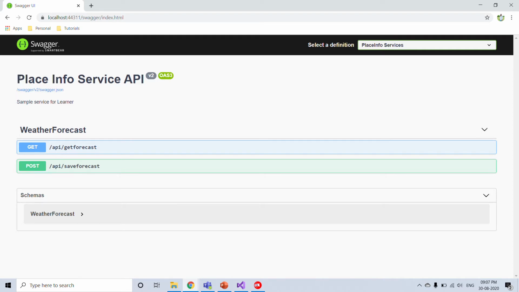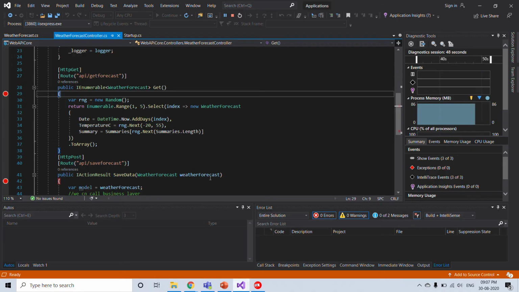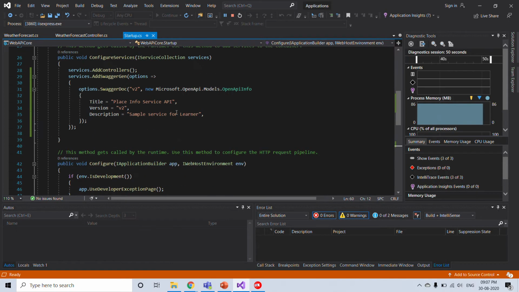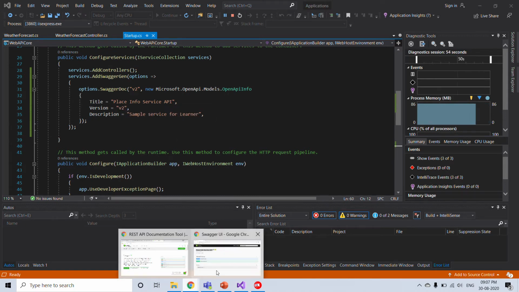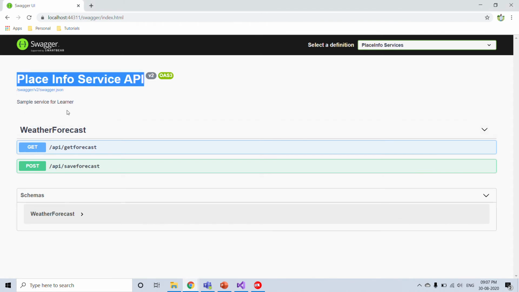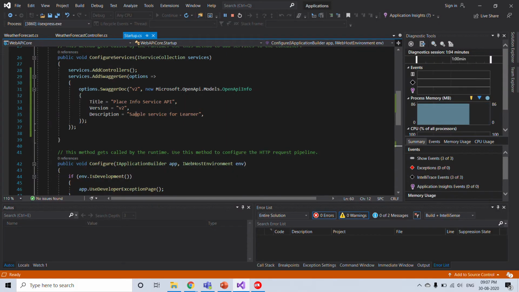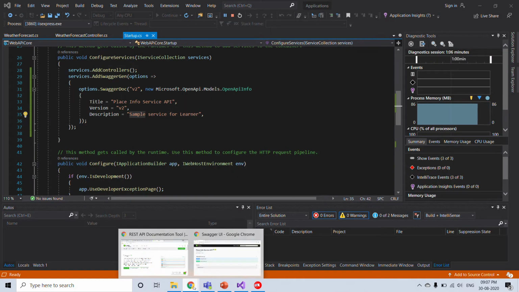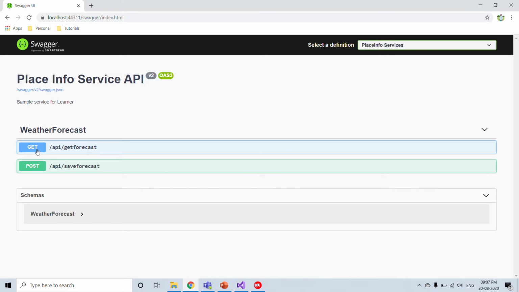And this is our title, whatever you add in the startup file, Place info service API; we can add anything here. And this is our version v2, and sample service for learner is the description. Okay, and we can call here.